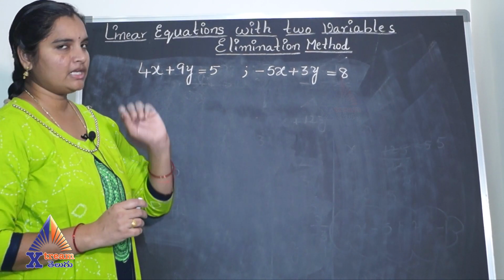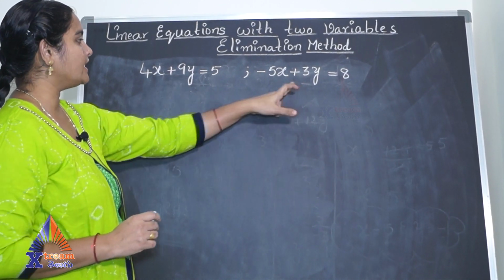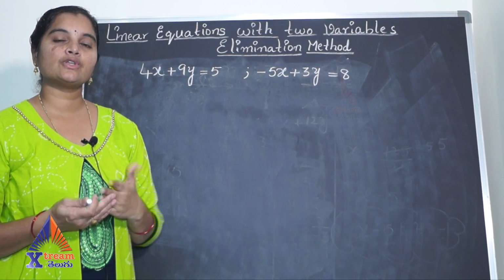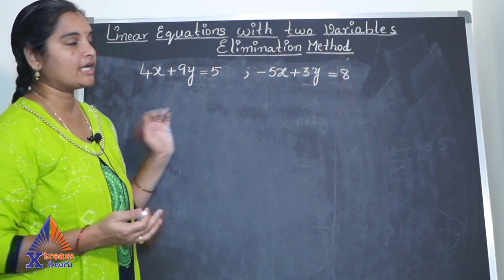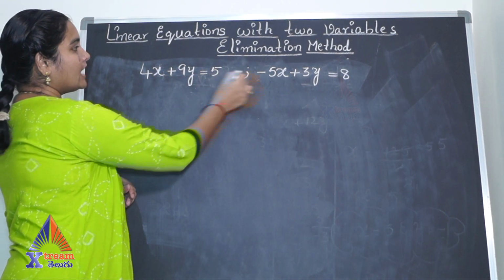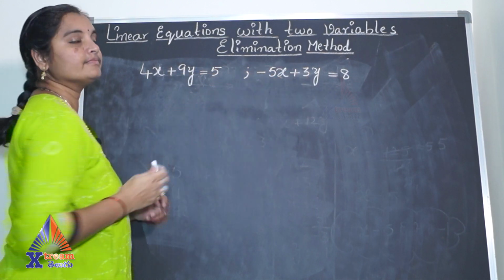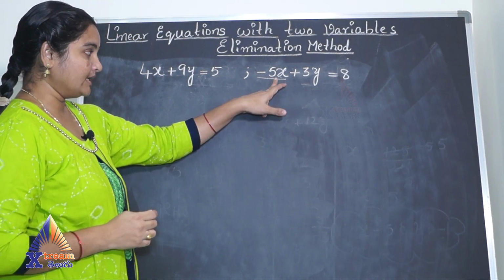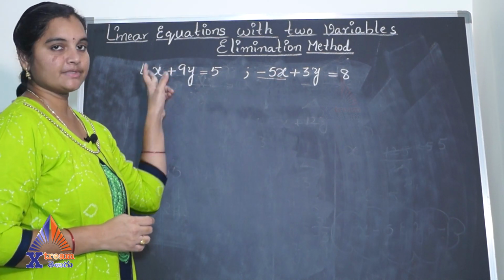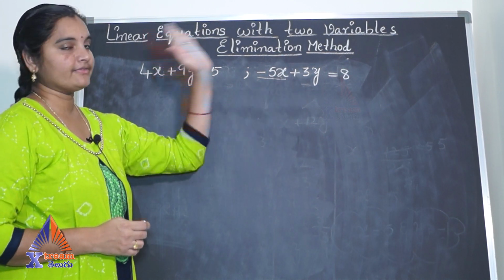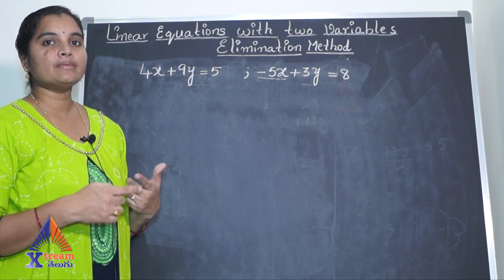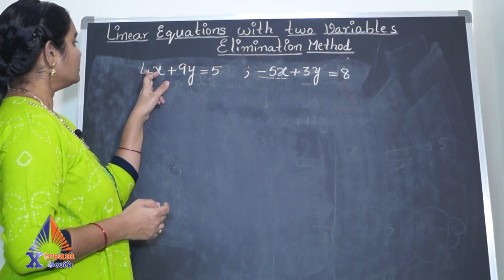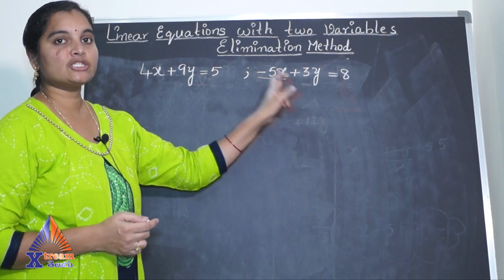The only difference is a very minute difference. Till now we have had y terms as negative terms. Here we have the x term as the negative term. Everything goes on in the same way. Let's try it out. Here also, if you can see, there are no like terms at all. Now since x is a negative term here, let's try making this x into like terms. So 4 and 5. The least common multiple of these two numbers is 20. So let's make these x terms 20.